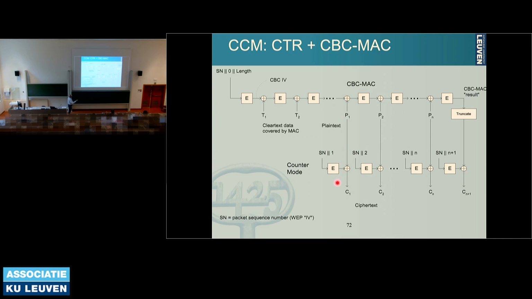Yeah. We look at the bottom first, and we see here a counter, some starting number, and then concatenated with a 1, with a 2, with a 3, and so on. That's encrypted every time, and the output of the encryption is XORed with the plain text to get the ciphertext. So the bottom part here that encrypts is counter mode,